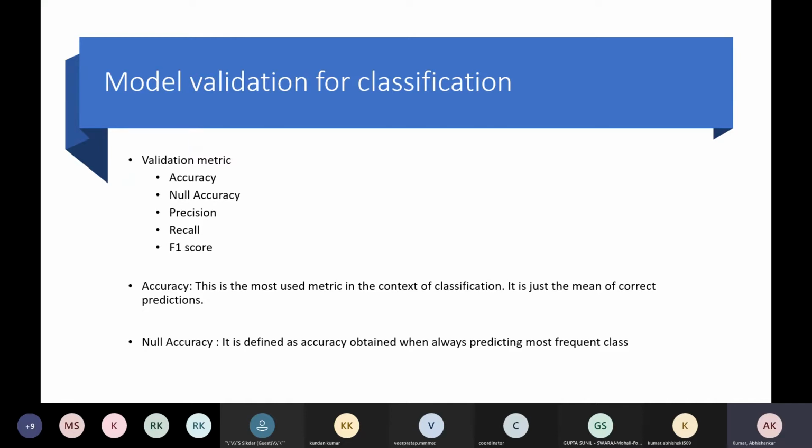Understood, or shall I explain again? Understood, sir. This is very easy actually. Accuracy is how many correct predictions you have made divided by the total number of observations. Null accuracy is always predicting the most frequent class, and you can use it to baseline your performance.